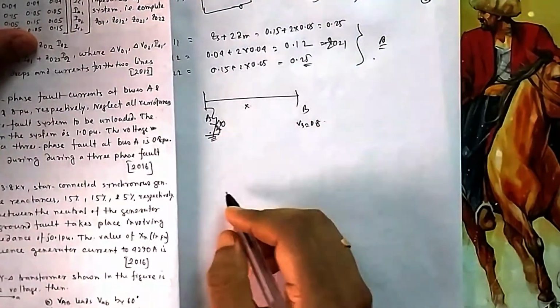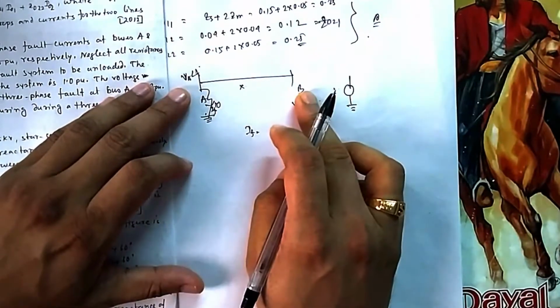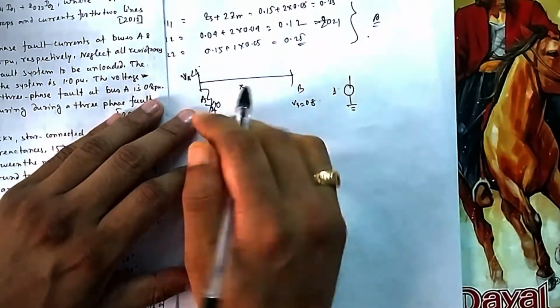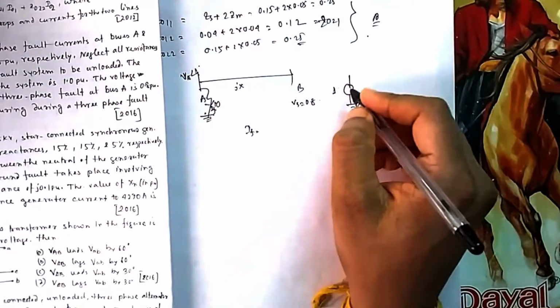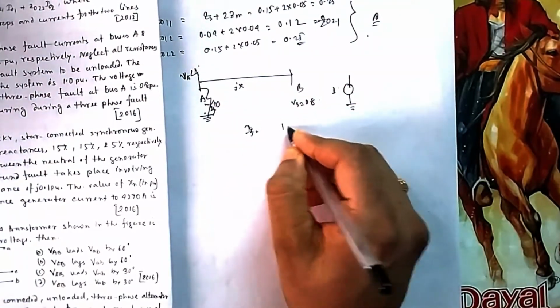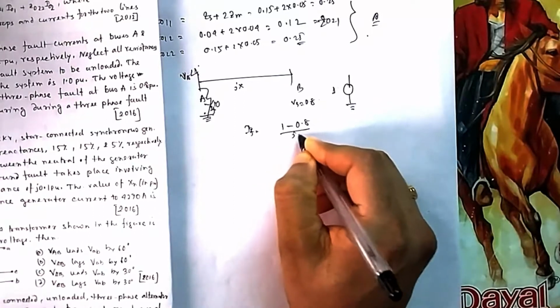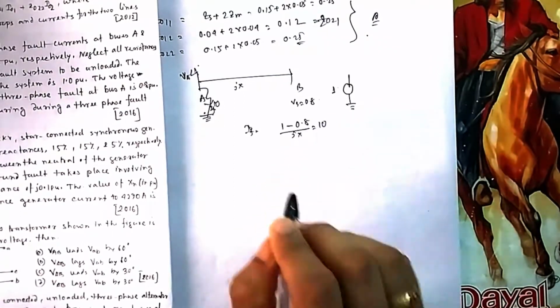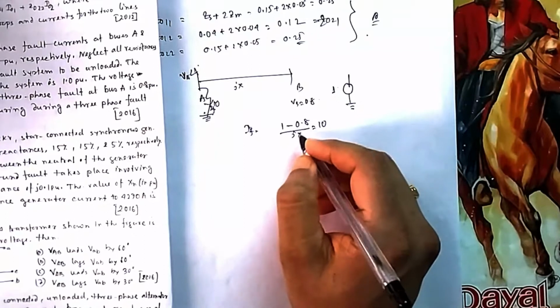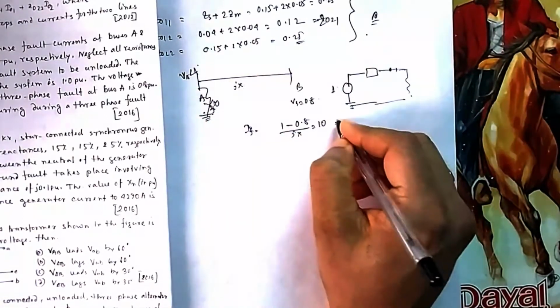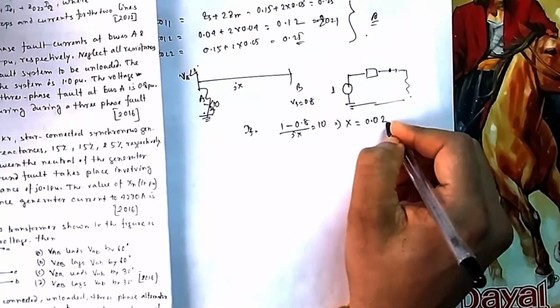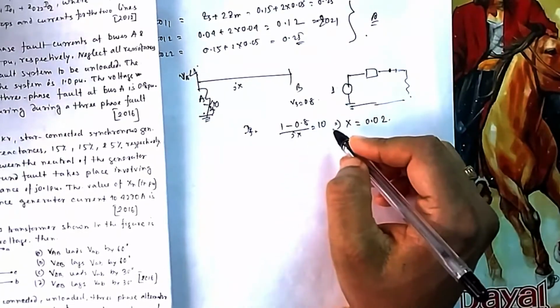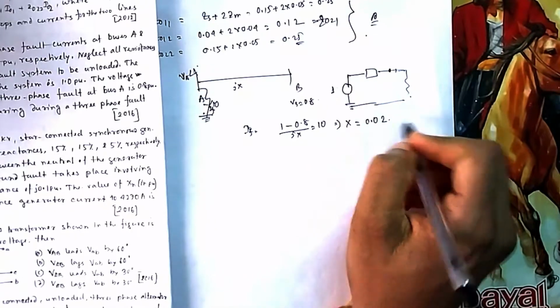This you don't know. You can see it this way. This side voltage is 1, this side voltage is 0.8, and you don't know the reactance between A and B, but the current you know. So how will you calculate the current? That will be 1 minus 0.8 divided by this jX, that should be equal to 10. They have given that. So from here this X is nothing but the reactance between A and B. If you calculate from here, X will be equal to 0.02. That is, 1 minus 0.8 by jX is equal to 10, which gives 0.02.